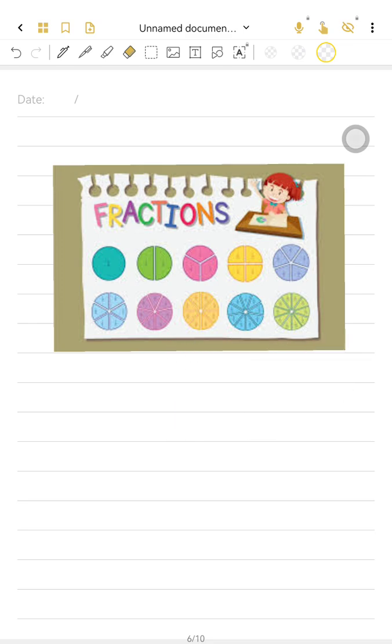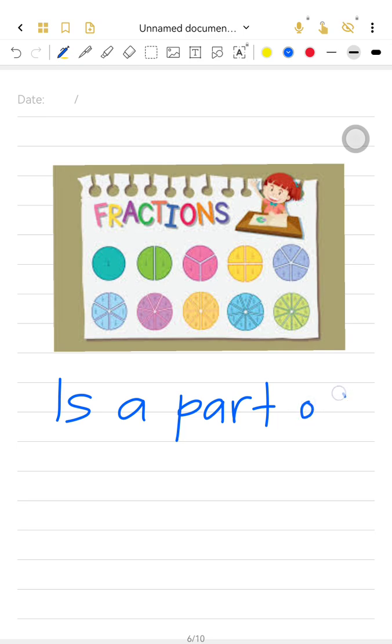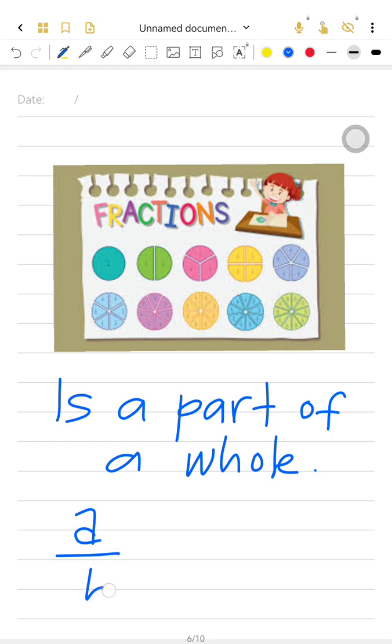But before that, we are going to review first what a fraction is. Okay, by definition, a fraction is a part of a whole. Fraction is formed like A over B, where A is what we call the